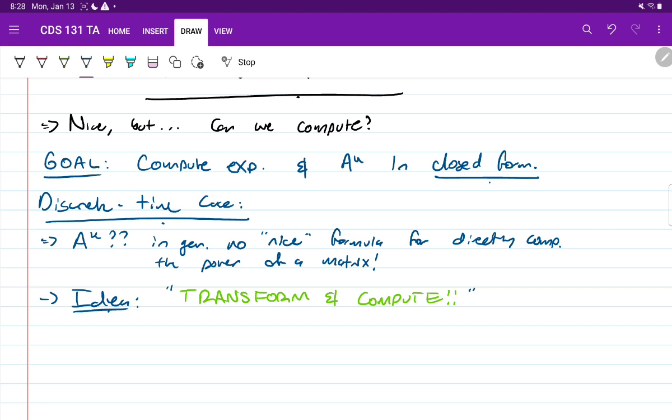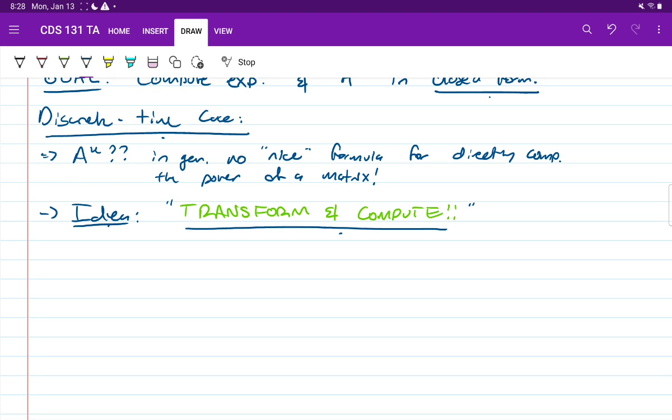Okay? So this will be our key strategy in this section. First, we change coordinate systems into a new coordinate system where an exponent is easier to calculate. We calculate the exponent in that easier coordinate system, and then we switch coordinates back. Okay? So there's a couple things that we need to confirm to make sure that this is actually a well-posed idea. All right, what we need to do is confirm that